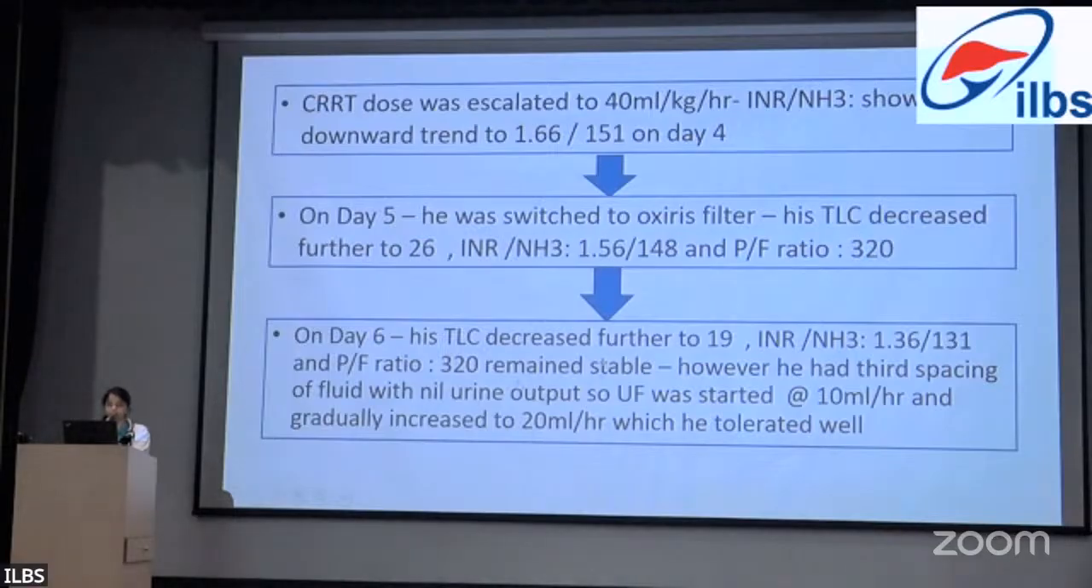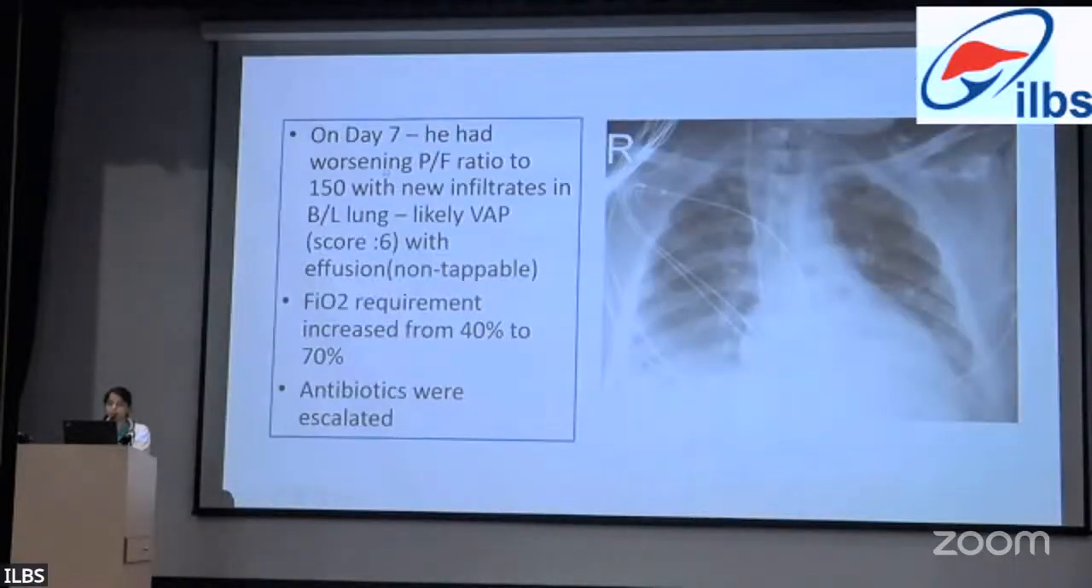On day 6, his TLC decreased further to 19, INR and ammonia were further improving, and PF ratios were all stable. However, he had third spacing of fluid with nil urine output. So ultrafiltrate was started at the rate of 10 ml per hour and gradually increased to 20 ml per hour, which he tolerated well. But on day 7, he had worsening PF ratios to 150 with new infiltrates in the lung